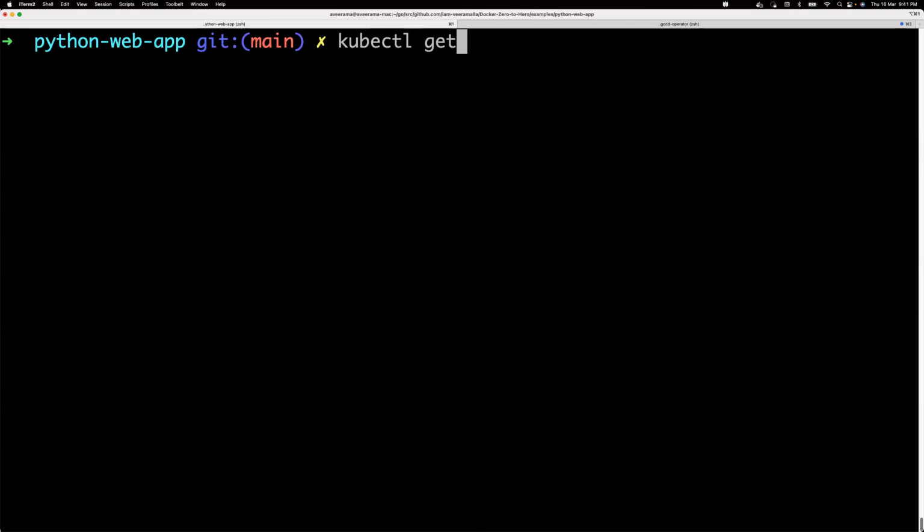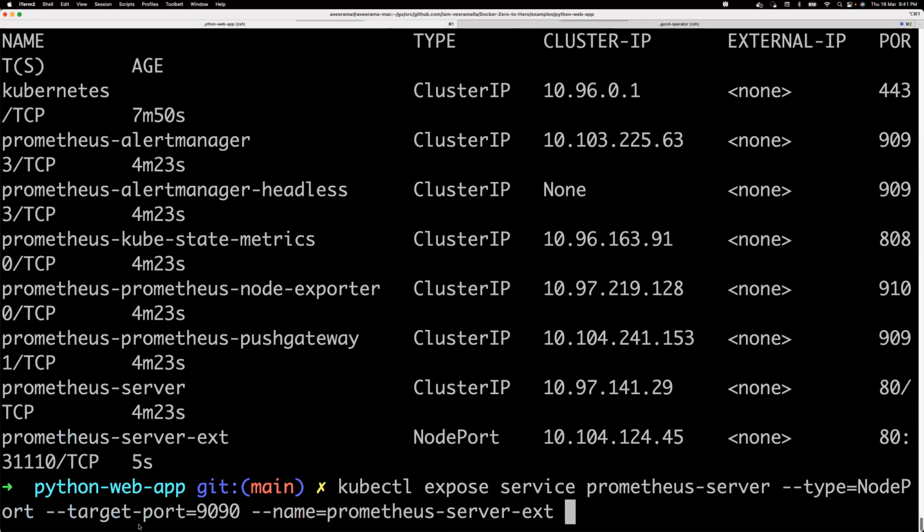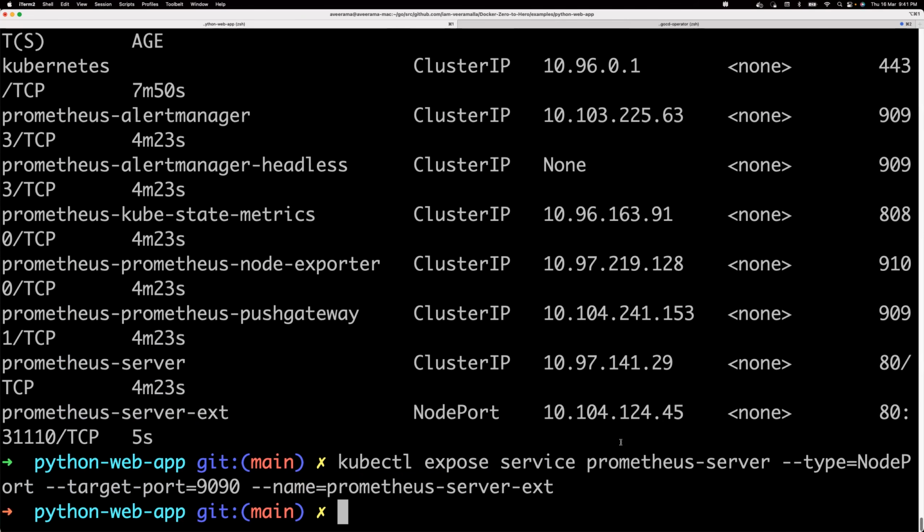Let me just do again kubectl get svc. So you would see a new entry called Prometheus server ext, because in the command I have provided, expose a service, and the name of the expose service should be Prometheus server ext. Okay, so now what I can do is I can open the Prometheus server UI on the node port